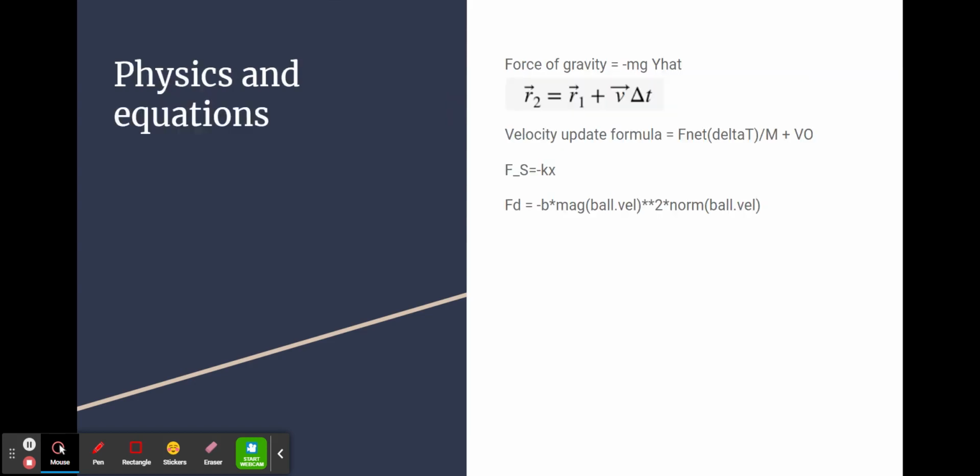which will be our slinky. Some of the physics and equations we'll be using: we're going to have to use the force of gravity, because there's obviously going to be gravity acting on the slinky, which is our spring in this lab. We'll also have to use our position update formula and our velocity update formula to calculate the velocity and position for our models and other stuff. And Fs, that's our spring force, because we have to calculate our spring force acting on the slinky. And then we also have the force of drag, which we have RB, which we multiply by the magnitude of the ball's velocity squared,